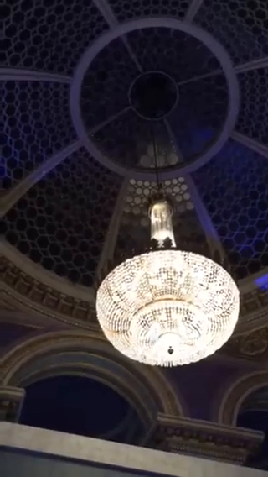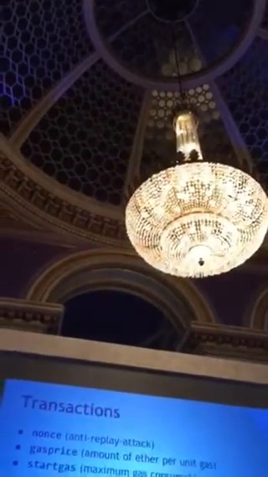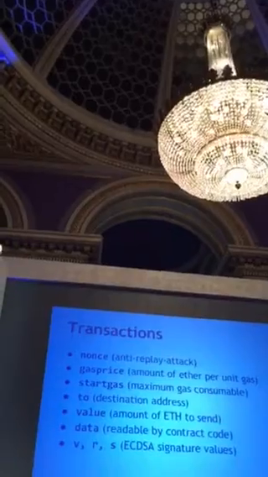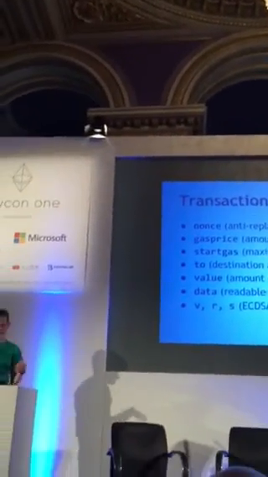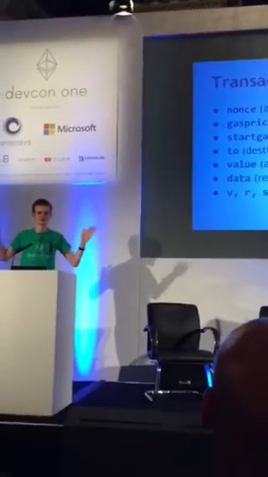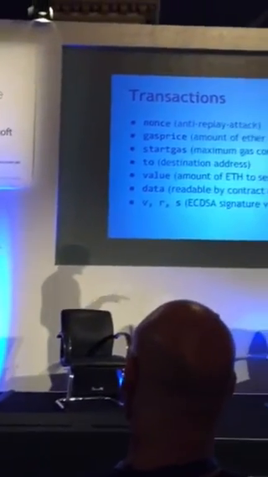Exact same thing, to the address of the account that you're sending the transaction to, or the contract you're calling. Value is the amount of ether that you're sending. Data is just a field of data. The transaction sender can fill the data field with whatever he wants. It's just an array of bytes, no limits on length. But the more data a transaction includes, there is actually a fee for that in gas.